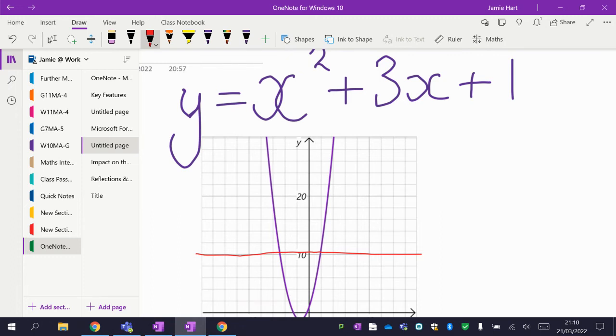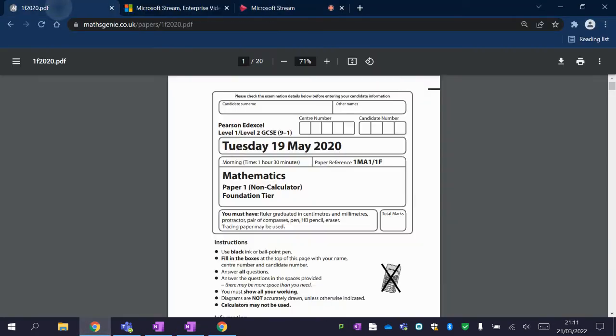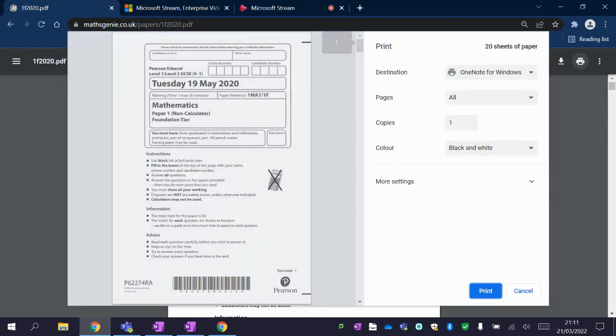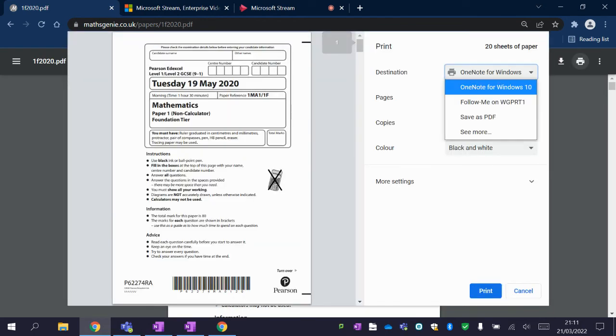Now, finally, before I move on to how I use it in the classroom, this last feature I found is particularly useful as well, in terms of you can print directly from a PDF into OneNote. So here, for example, I've got an exam paper I've just loaded up from Math Genie. And if I go to print and I change the destination, you'll see that it's got OneNote for Windows 10. So if I select that as my printer and click on print,